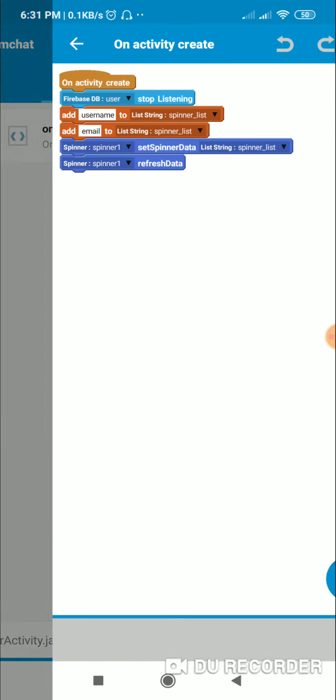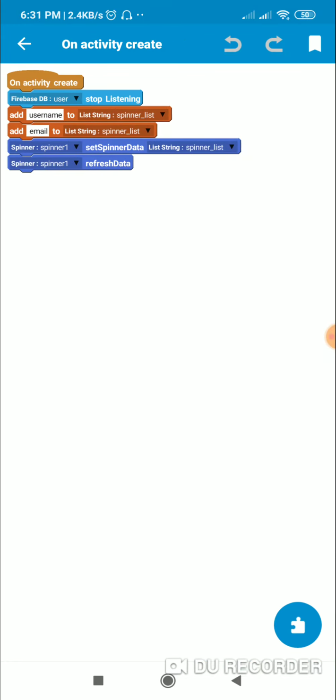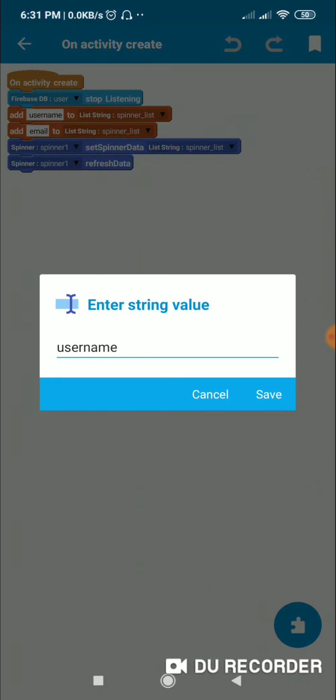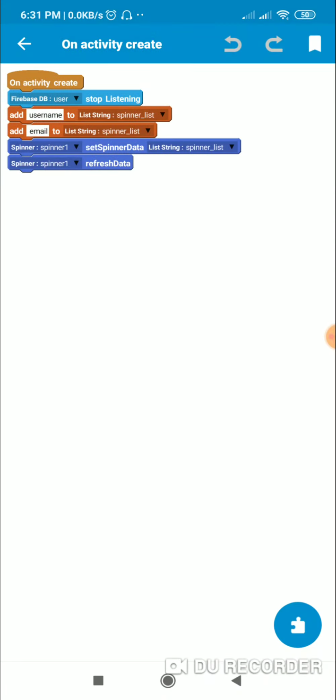In onCreate, I set Firebase DB user stop listening. Then I add a key username to list string spinner_list and the key email to list string spinner_list, and then I display this spinner_list in spinner 1 and refresh spinner 1.